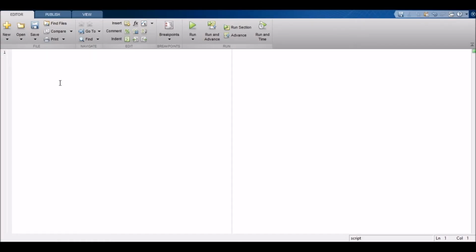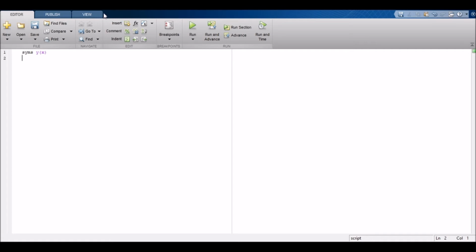We solve example number 4 by using MATLAB. In example number 4 the equation is an ordinary differential equation of second order and two initial conditions are given. Therefore, first step is we write down syms y of x. Function y is the dependent variable, x is the independent variable, therefore y of x.